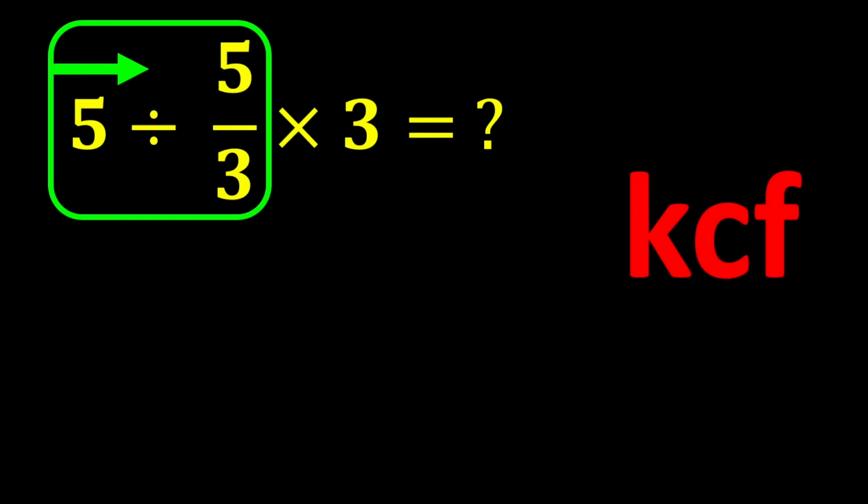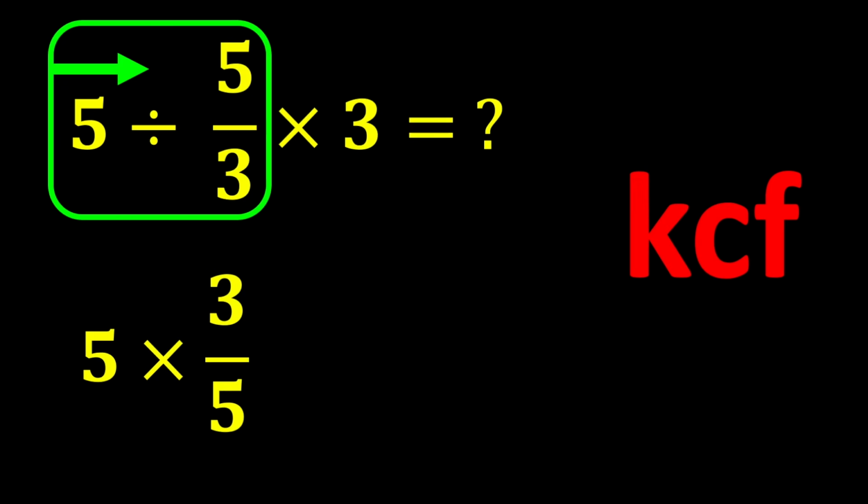To solve this part, we use the KCF rule. K stands for keep, C stands for change, and F stands for flip. The KCF rule is a simple rule for dividing fractions. According to this rule, we keep the first number as it is, change the division sign to multiplication, and flip the second number. According to the KCF rule, we keep 5 as it is, change division to multiplication, and flip